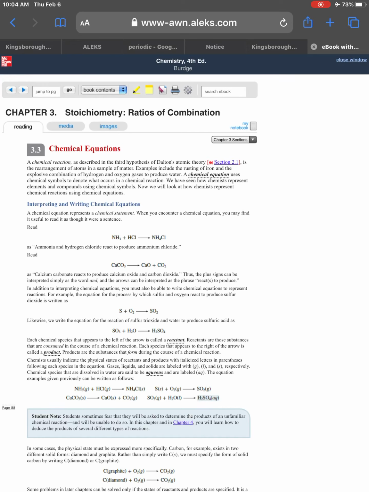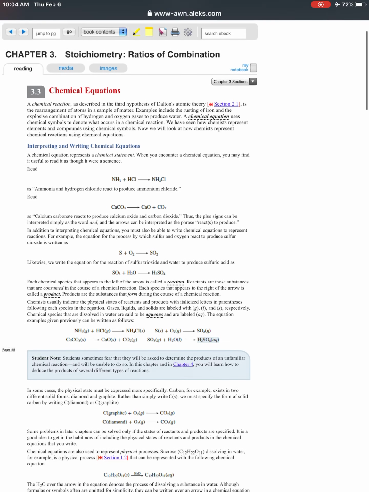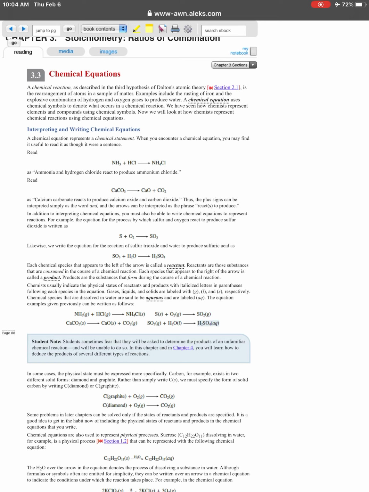In this section, we're going to look at chemical equations. We've already looked at chemical formulas. For example, sodium chloride is NaCl, water is H2O, hydrogen peroxide is H2O2. Now we're going to look at chemical equations, which is really how we represent change in chemistry. And so a chemical equation uses the symbols that we've talked about and the chemical formulas we've used, but to